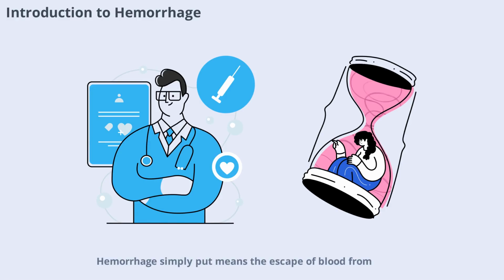Hemorrhage, simply put, means the escape of blood from a blood vessel, what we commonly call bleeding. In oral surgery, understanding hemorrhage is crucial because blood loss, if not controlled, can become life-threatening. Blood is essential for delivering oxygen and nutrients to tissues, so any significant loss can quickly compromise the body's vital functions. In this video, we'll explore the mechanisms behind bleeding, the types of hemorrhage you might encounter in oral surgery,